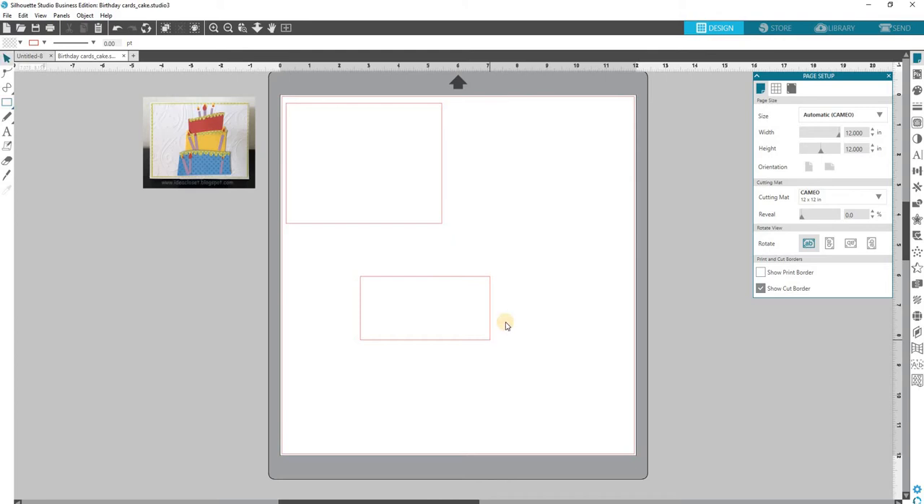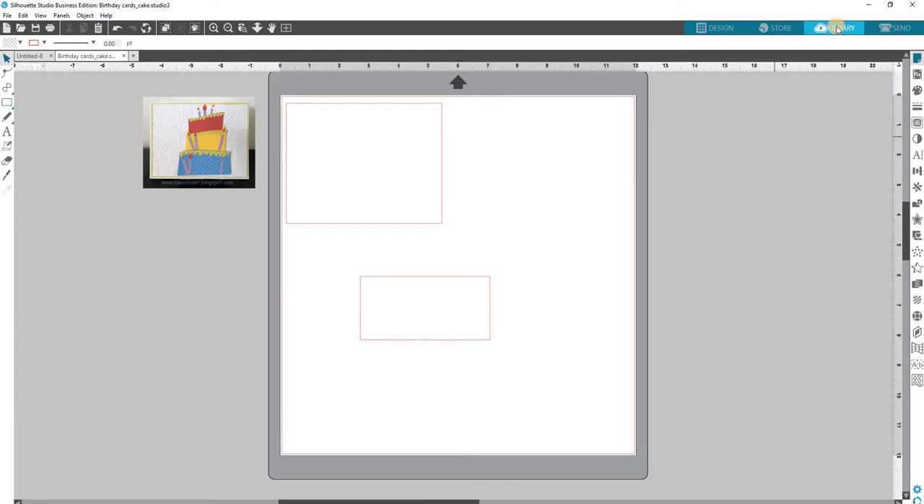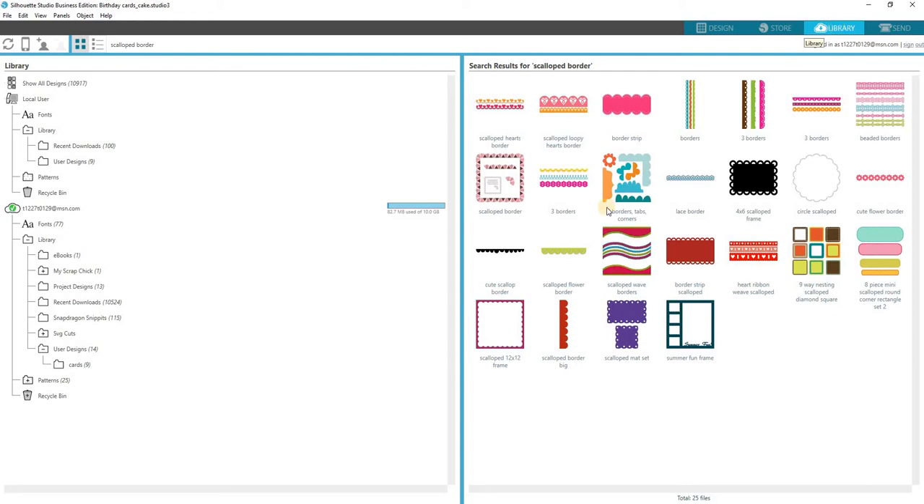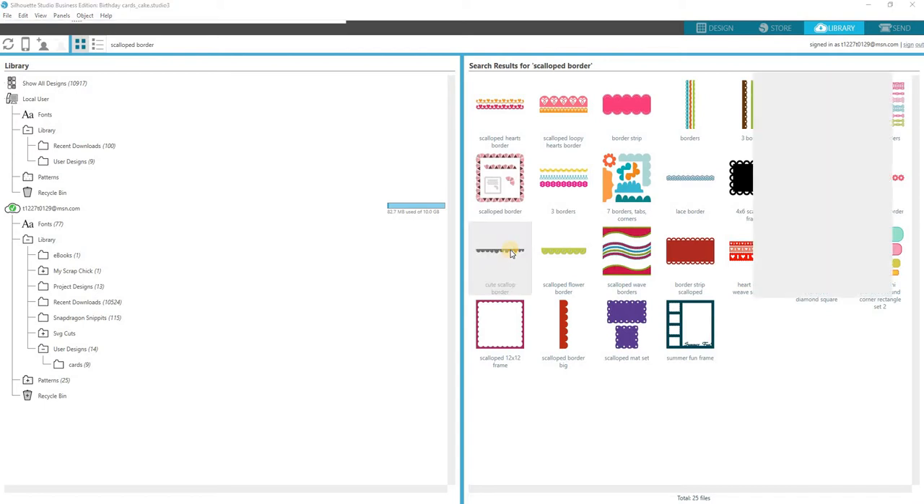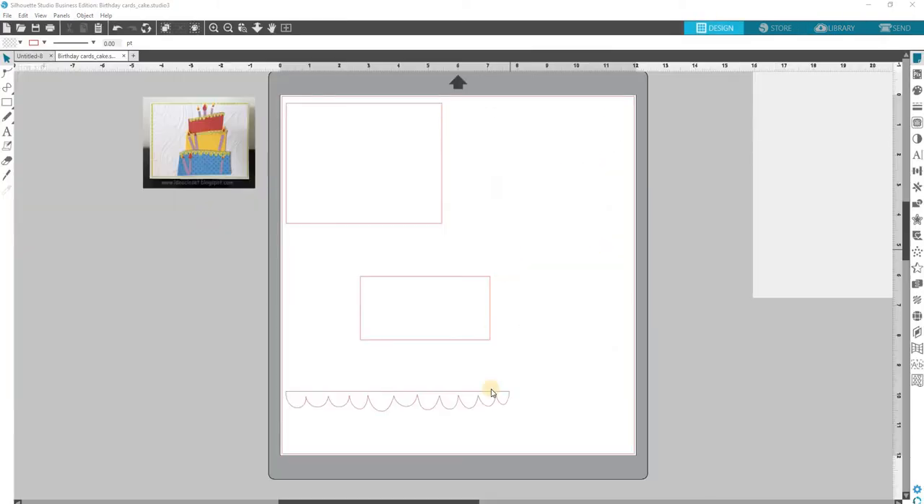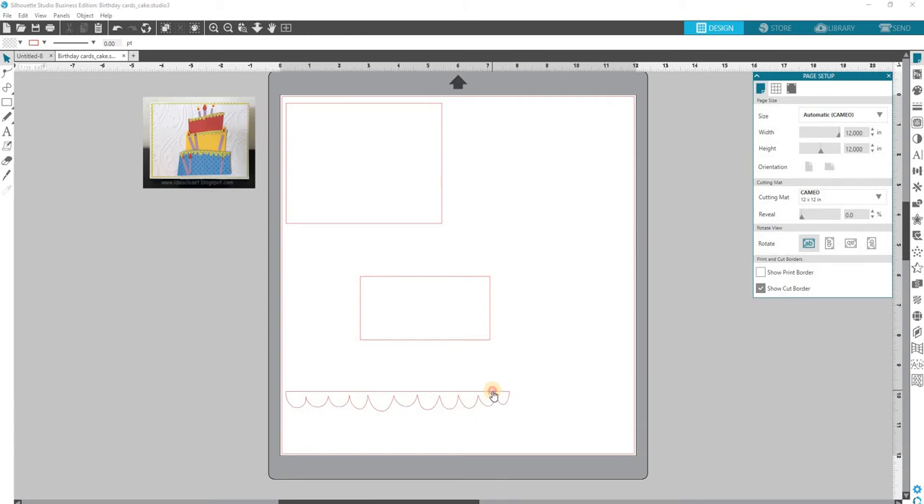Get my selection tool. I'm going to open up my library, and I want a border shape, and I really like this cute scalloped border. I typed in scallop border up here in the search. It brought up all the scallop borders that I have in my library. I'm going to double click on this one. It's going to open up, and there we go. Now I want to bring this up